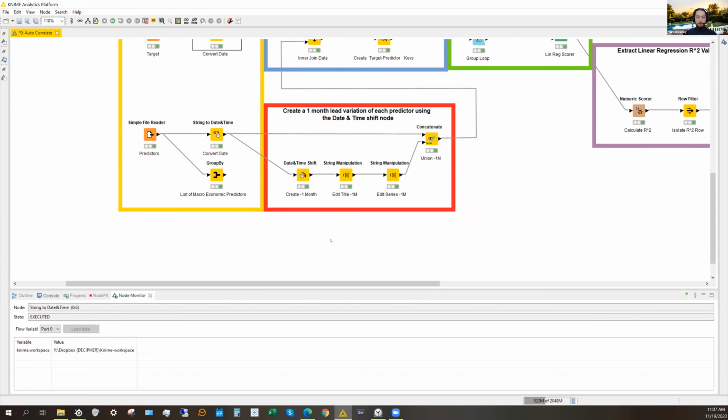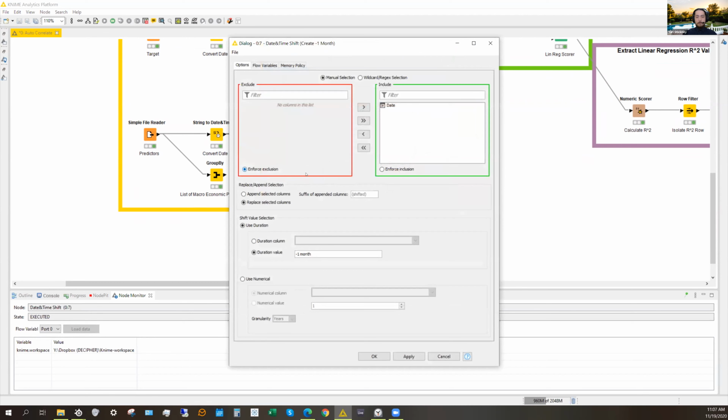Now, the way I'm doing this here is using the date and time shift tool. And I'm just subtracting 1 month from the date, effectively shifting all of the values back 1 month. And so by doing this, we can tell if our EPI were shifted back 1 month, would it correlate better? Does it actually lead our